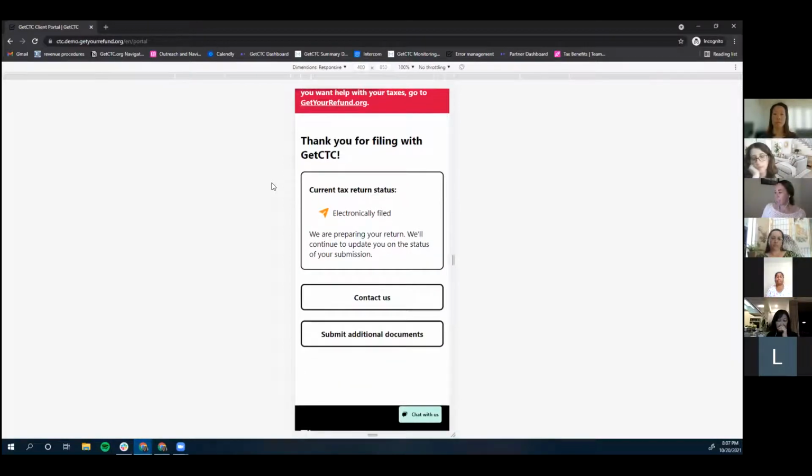But once that's done, clients will receive an initial notification letting them know, great, thank you for submitting a tax return through GetCTC. You'll receive a notification when the IRS has accepted or rejected the return. If for any reason a return rejects, they will get a prompt saying, it looks like there's some changes we need to make, and it'll let them log into the portal using their cell phone or email address, and it'll give them a reason and